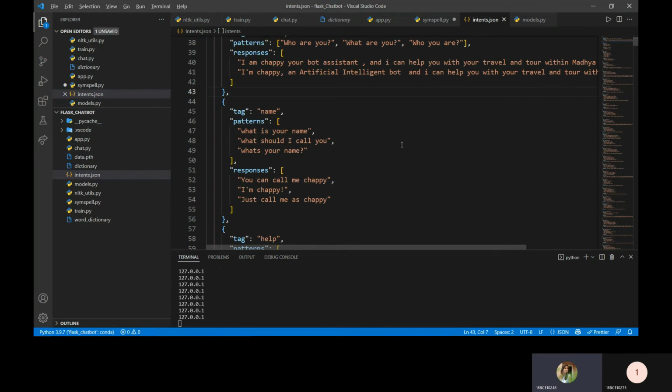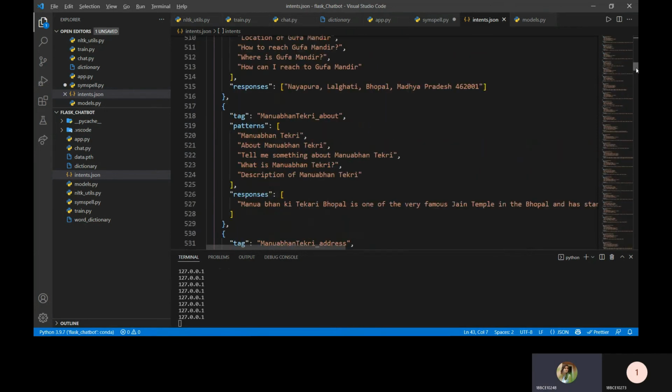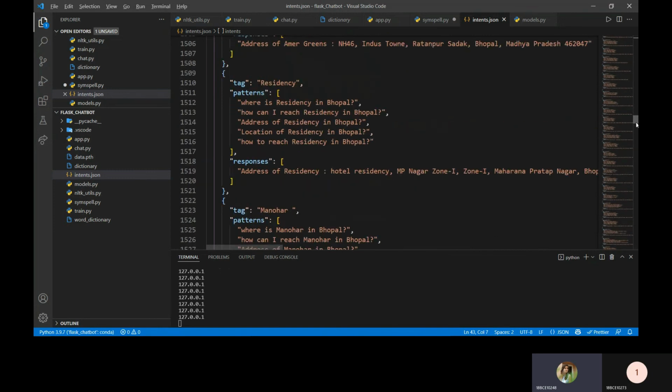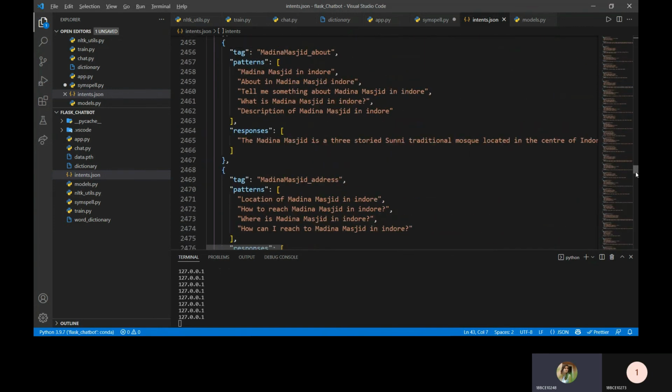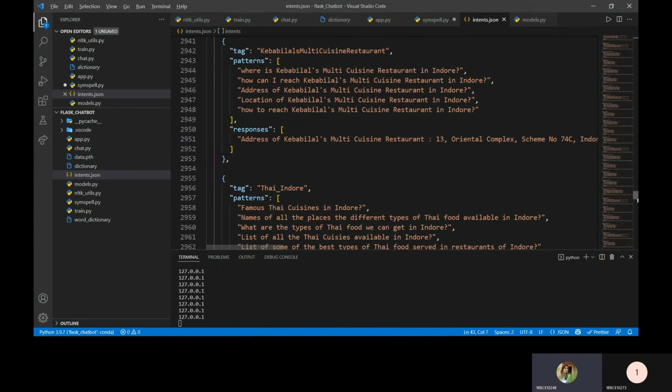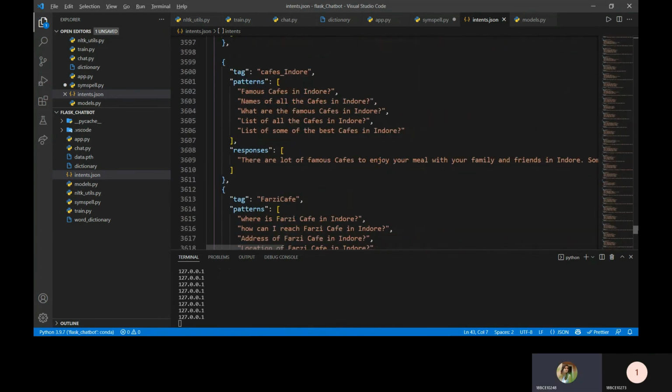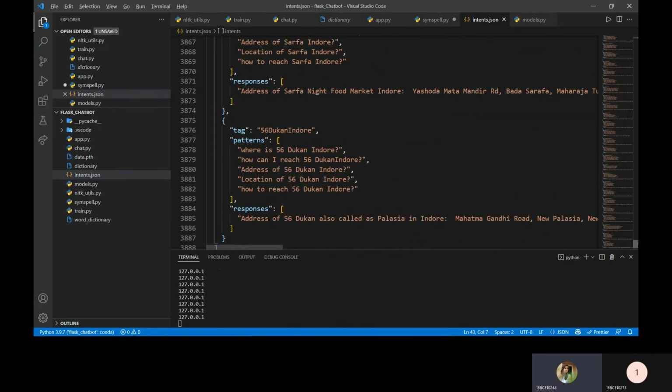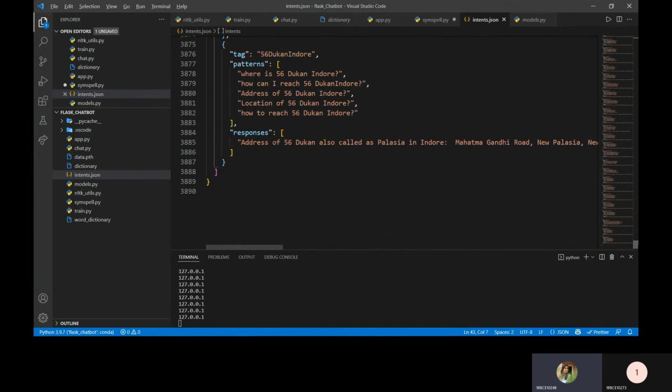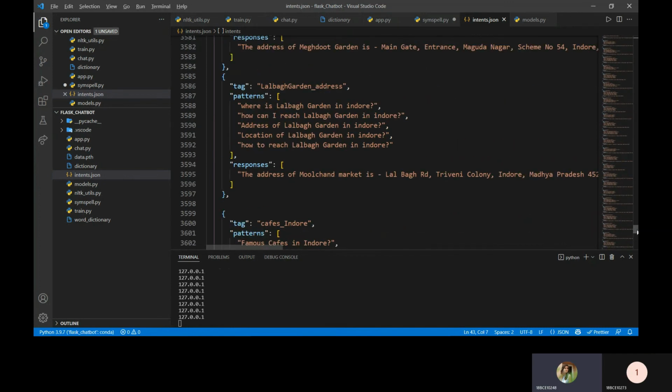For the word corpus, we have taken the complete English dictionary and sorted its words on the basis of travel and tourism, and also day-to-day life words. We have also extracted all the unique words that are used in the chatbot data corpus and combined both of them together so that our spelling corrector can also be effective on non-English words, such as names of places like Gufa Mandir, City Mall, etc. Okay, Sumit, you can continue.